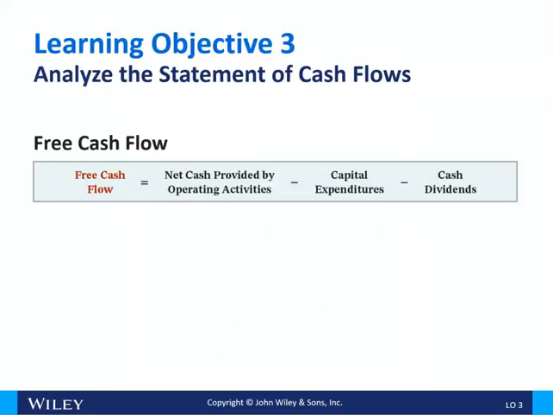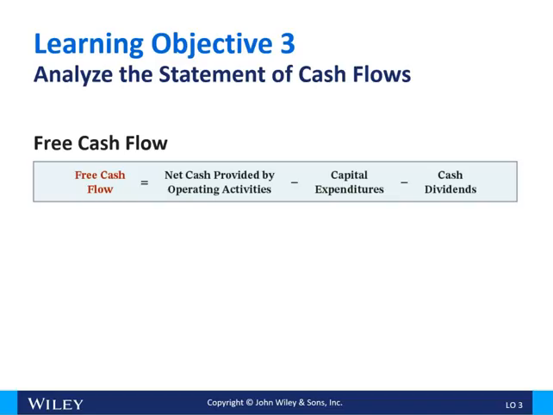And then finally, we'll analyze the statement of cash flows. The key measure that a lot of companies use is free cash flow. This is a non-GAAP measurement, so you can't use it for GAAP, so they have to show this calculation that we're going to talk about in the notes to their financial statements if they use free cash flow, but it is a good measure. So we're going to start with the net cash provided by operating activities,